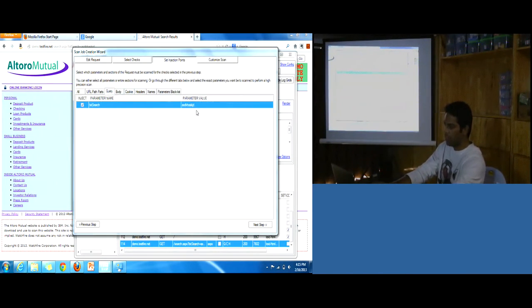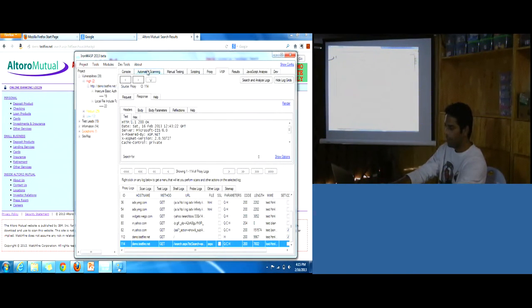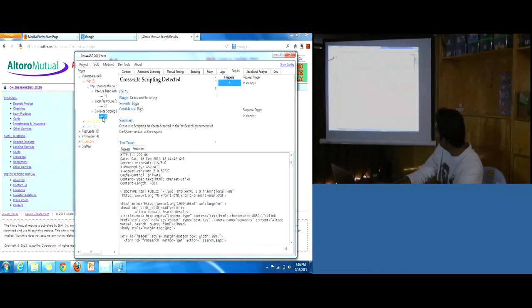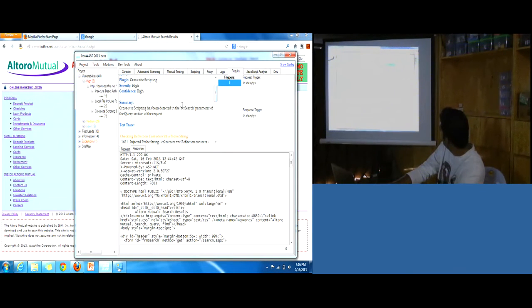This is the query parameter where my text string was going, so let me scan this parameter. I'll start a scan, and you can see that a new vulnerability called cross-site scripting has been found. It tells me that the txt search parameter of the query section has this particular issue.